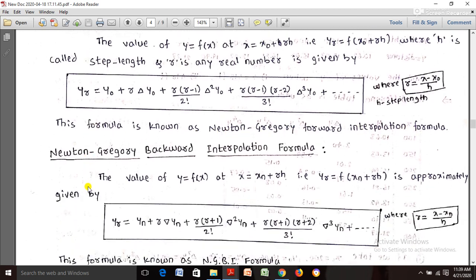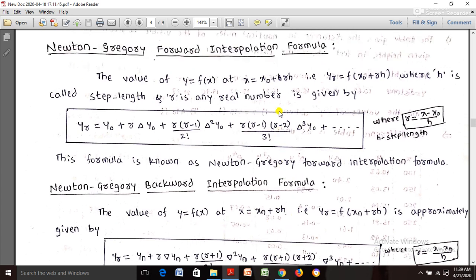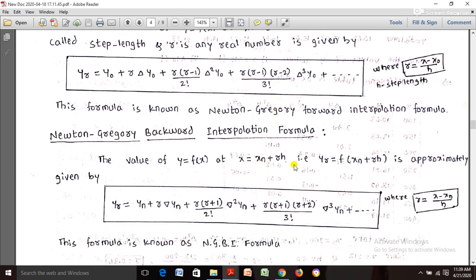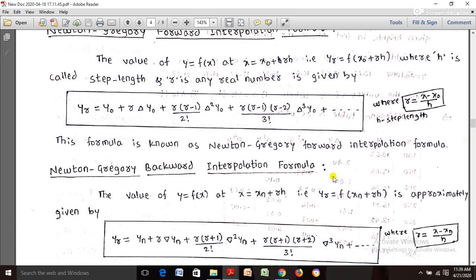Similarly, the second one is Newton backward interpolation formula. This is the backward interpolation formula, that is, the value of y, f of x, at x is equal to xn plus rh. Just see the difference here: x naught plus rh in forward, and xn plus rh in backward, and that is y r is equal to f of xn plus rh. This is backward xn, so x naught is forward. The only difference is that in forward we use x naught, in backward we use xn,